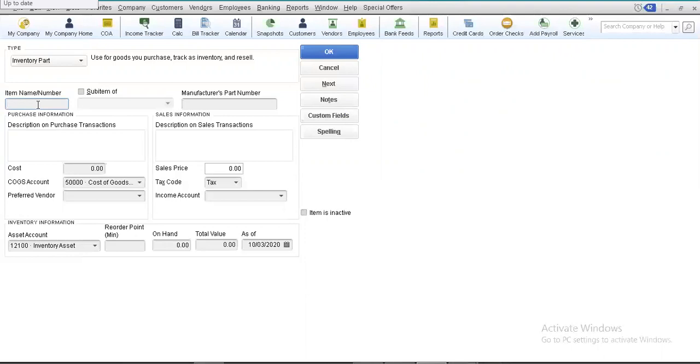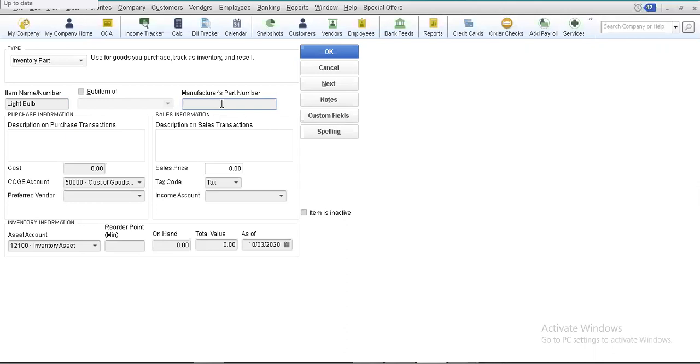So right now we can just make use of an item known as a light bulb. Next, we write the manufacturer's part number if there is any. You are familiar with this screen, and you have already created different inventory part items in your previous assignments. The manufacturer part number is important to write here because when we want to order the same item from our supplier, we must tell him that this particular part number that he deals in is the one we are interested in purchasing.